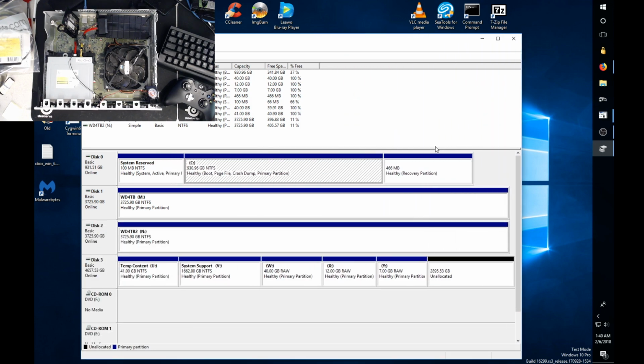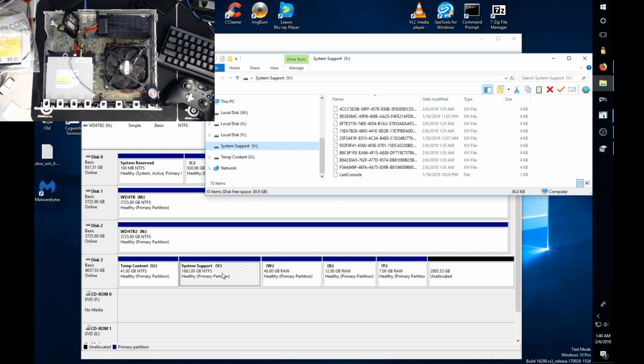Okay, yeah, it must have been some weird thing there. So what we can see here is what happened. Sorry, it took me a little bit to comprehend everything going on here. Okay, so after the reset, it looks like it attempted to basically reformat or repartition the drive as